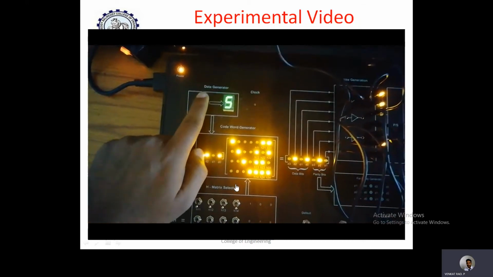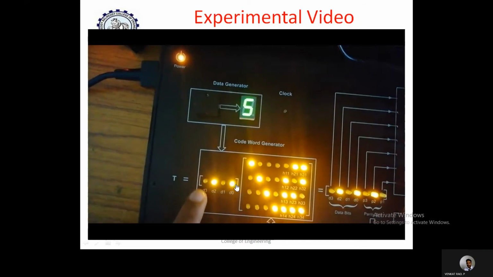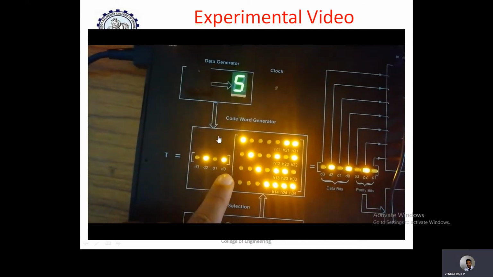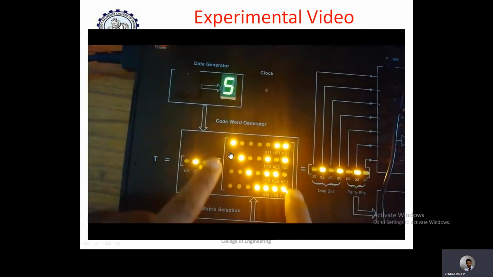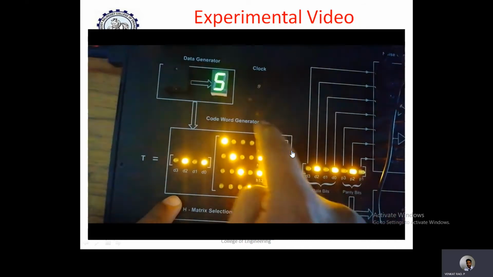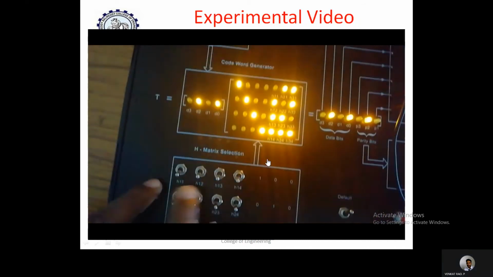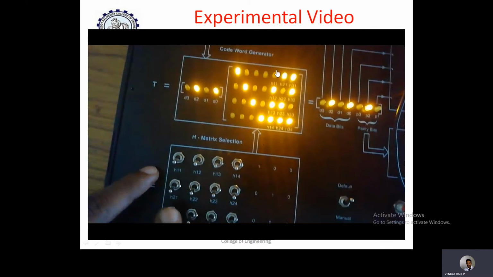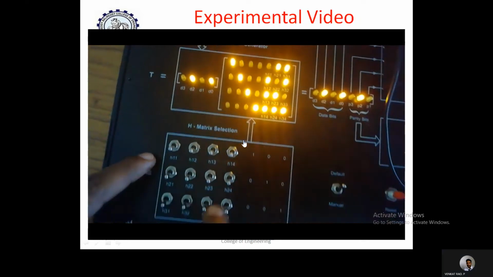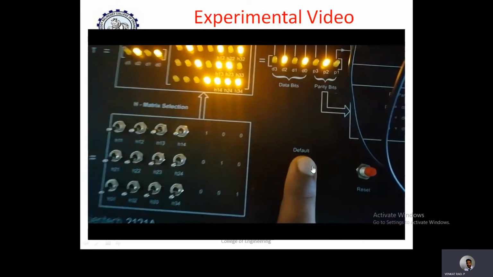But initially, let us see this first. This is the input binary data multiplying with the generator matrix, that is G. So this is obtained. These elements are obtained by using this H matrix selection. But by default, if it is set to default mode, all these must be zeros. Down switch means 0, up switch means 1. Based on this, the generator matrix is selected like this in default mode.